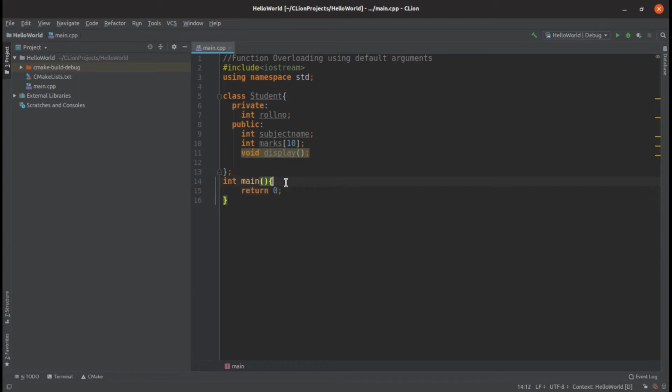Return 0. So in the main function you can declare an object of this class. Let's say student1, comma student2. So these are the two objects of this class student, and let's suppose I want to assign a value to the roll number of student1 as 20, and I will display the roll number of